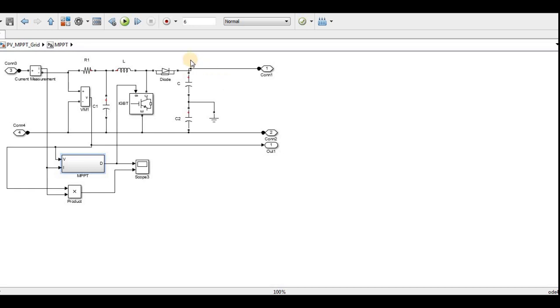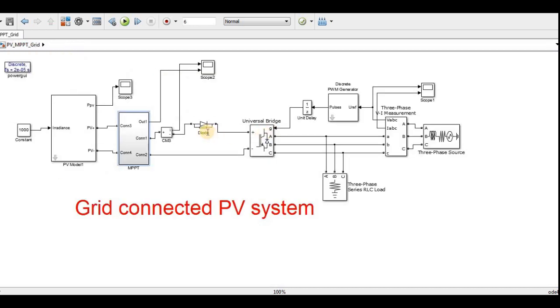Let us assume for a 500 volt DC link, maybe 5 amperes will flow from the PV system to the grid. If I want to transfer 6 amperes or 10 amperes or 15 amperes, then my voltage has to be increased. So the duty cycle will be automatically increased, and only then will the maximum power be transferred, because there is no battery or other storage device here. I didn't consider that. And I am not using any LC or LCL filters, because my intention is to explain how we operate the grid connected PV system.